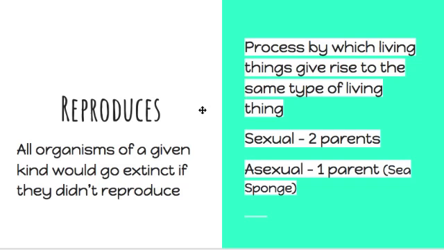So an example of that is sea sponge. There's different types of bacteria. Plants can be both asexual and sexual reproduction. Examples of sexual reproduction would be elephants, spiders,